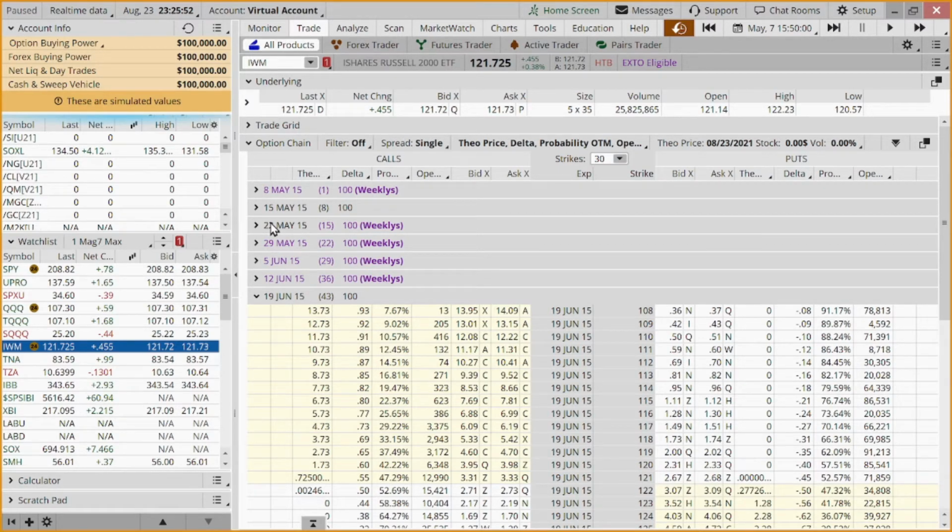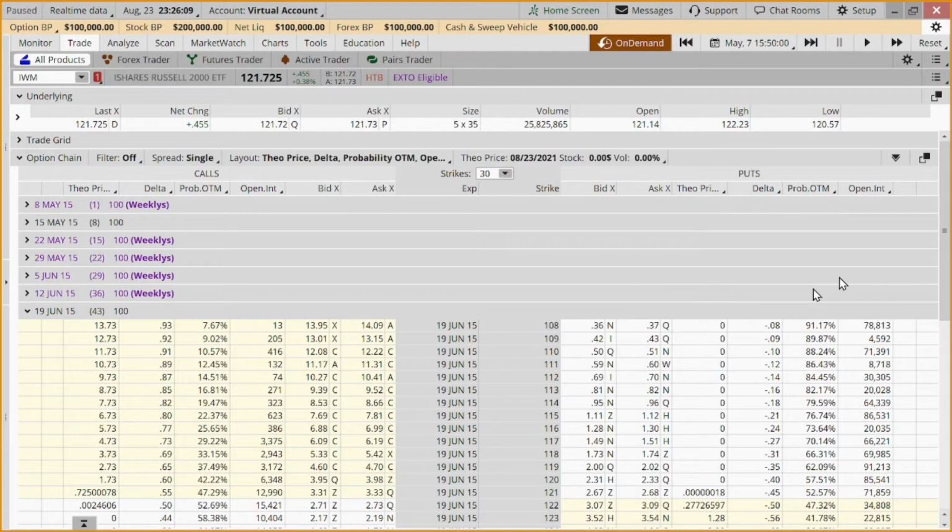The other thing I want to do is, since I do not have the implied volatility and plus or minus move, my estimate is going to be $8.88 plus or minus on June 19th. And then I'm going to also buy an at the money on May 29th. The options expire May 29th. My plus or minus move on that is $6. The other thing I want to do is go up here to,